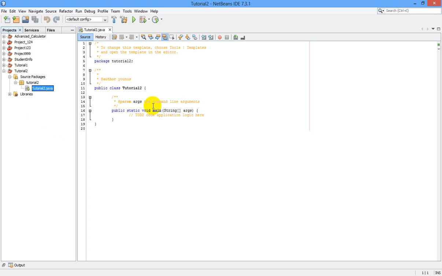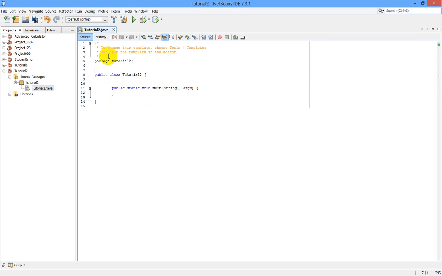Say for example, I am going to delete all these comments. So there is a package tutorial 2, and in this package there is a class tutorial 2 and a main method where our coding goes. So for example, my int is equal to 7.